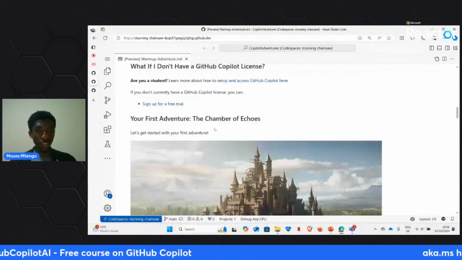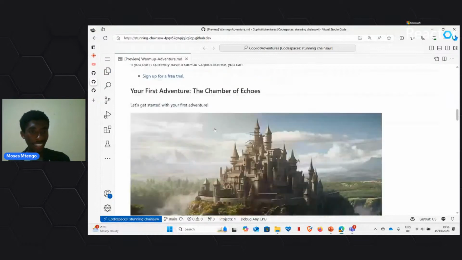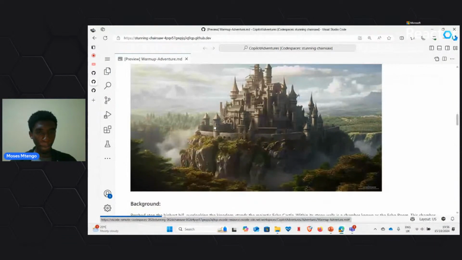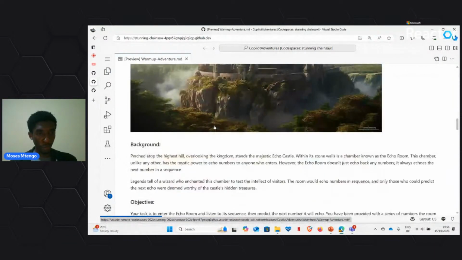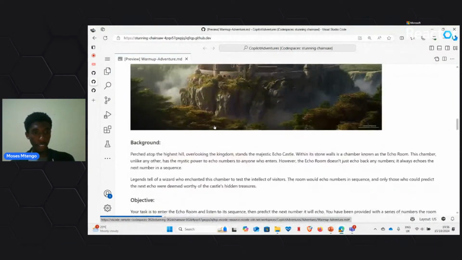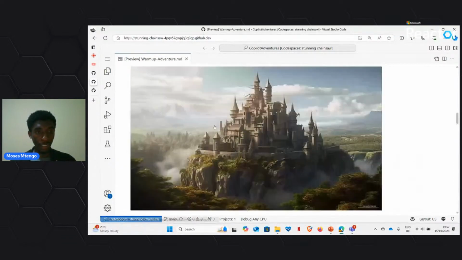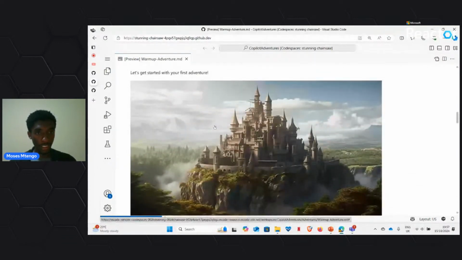So our first adventure is going to be the Chamber of Echoes. And like I told you before, if you move on down, there's this background, and you'll notice that this is the same storyline that was being presented by the AI avatar that we listened to a while back. And our adventure, the Chamber of Echoes, the story behind this is that there's an enchanted castle,